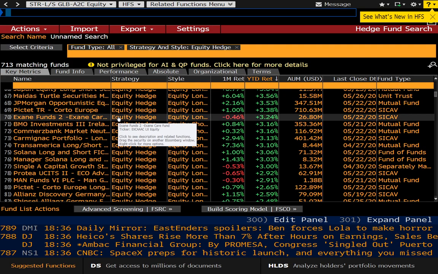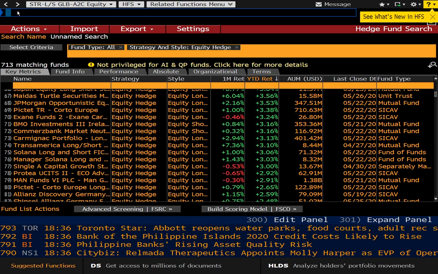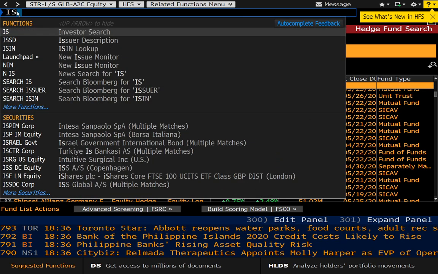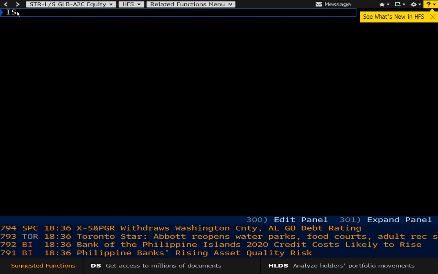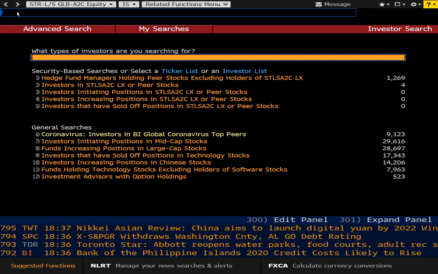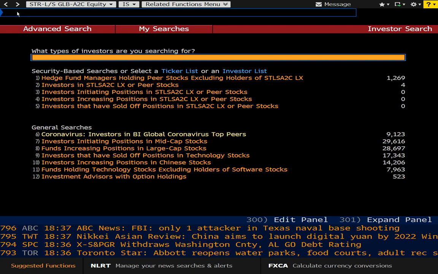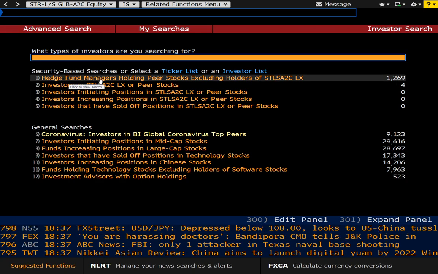And while we're talking about funds, let's pull up IS, which is the investor search. So, it kind of poses a question to you. What types of investors are you searching for? And there's some options that you can see here. This is hedge fund managers holding pure stocks, excluding holders of